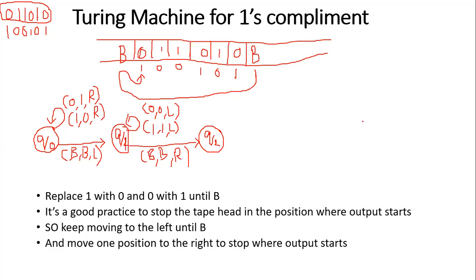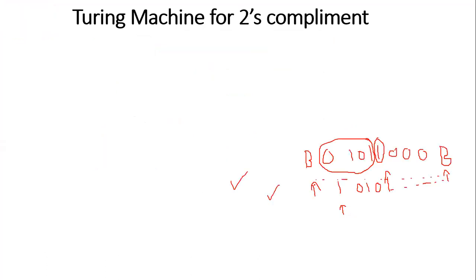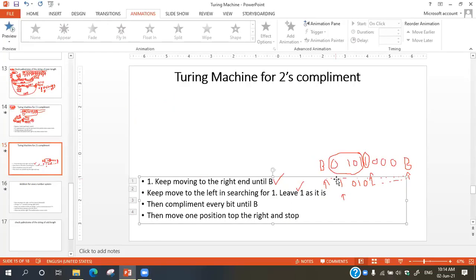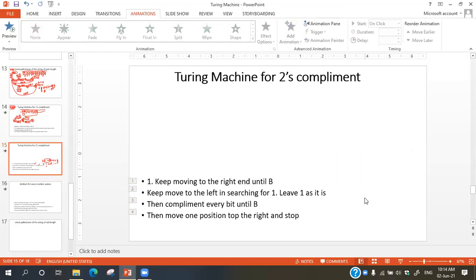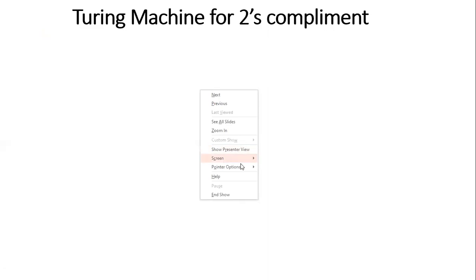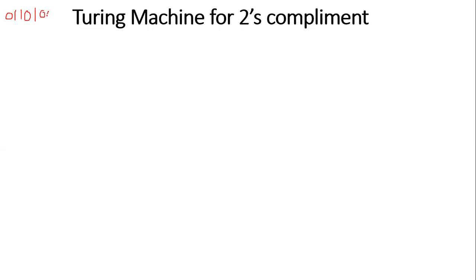So let's move to the second problem and how to find the 2's complement for the given input string. Can anybody say what the 2's complement is for this number without doing any computations? I explained this when we were discussing Moore machine and Mealy machine. I told you how to convert the given binary string into 2's complement without doing much calculation, without doing one's complement plus 1.